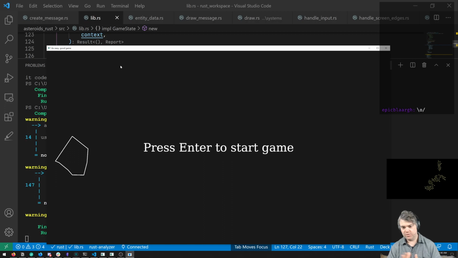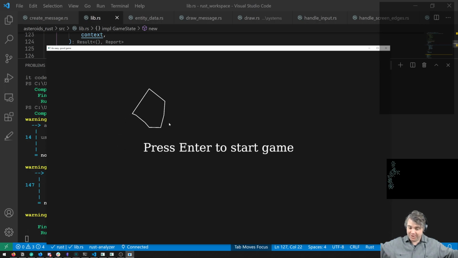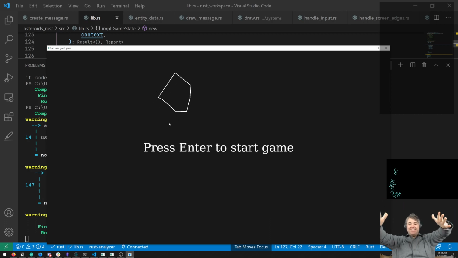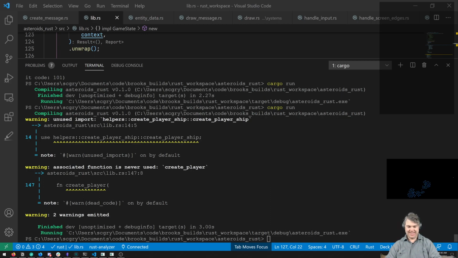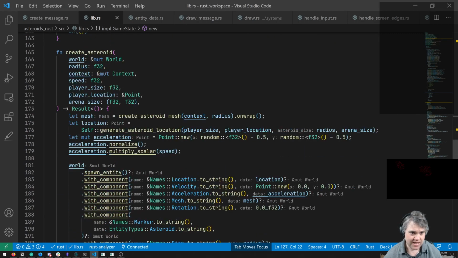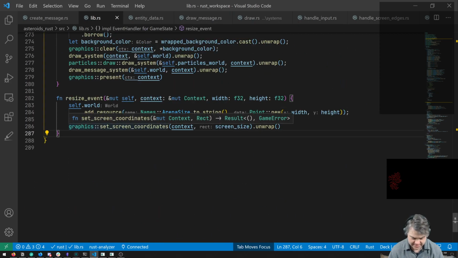All right, so press enter to start the game. I mean, it doesn't do anything yet because we haven't implemented that part of it. But look at this. Press enter to start the game, no player existing, and it sets ourselves up really nicely because the next step is going to be I press enter, that message is going to disappear. So we're going to delete that entity, which I think should be pretty simple, right? In our main library, we should be able to catch when the